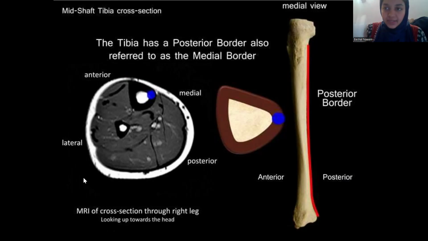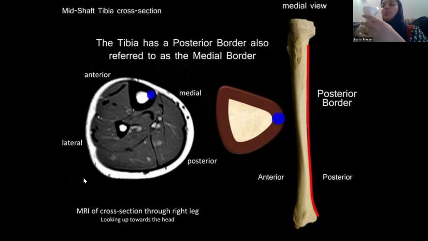So this is the medial condyle of the tibia, right? This is the medial condyle. It starts near the medial condyle of the tibia, and it runs right down to the posterior border of the medial malleolus, right? Posterior border. So the anterior border was ending on the anterior border of the medial malleolus, and the posterior border is ending on the posterior border of the medial malleolus, and it is starting from below the medial condyle. Okay.